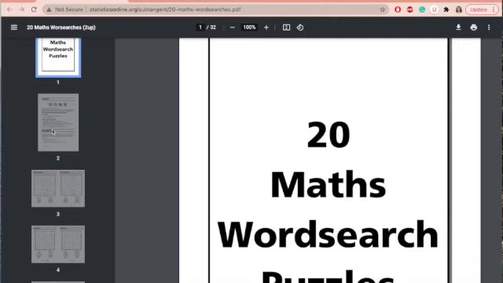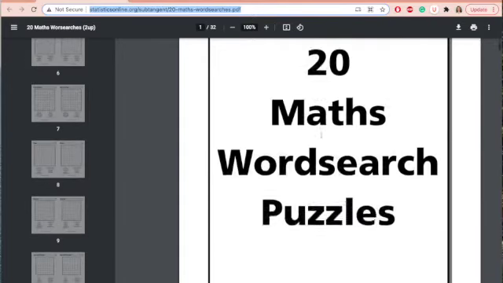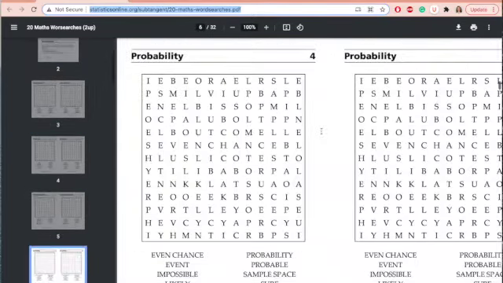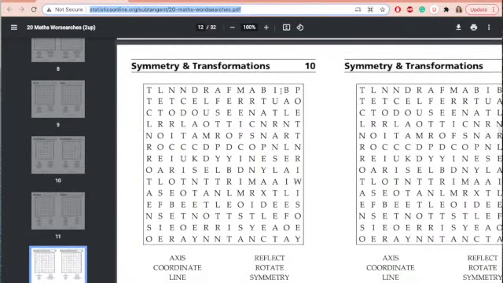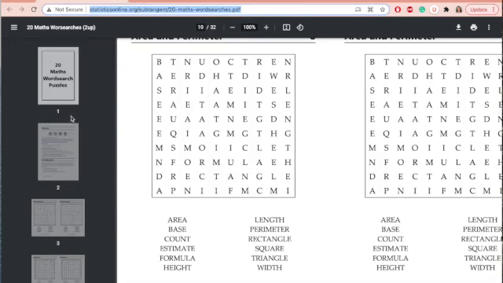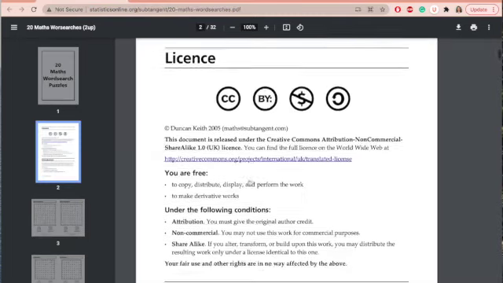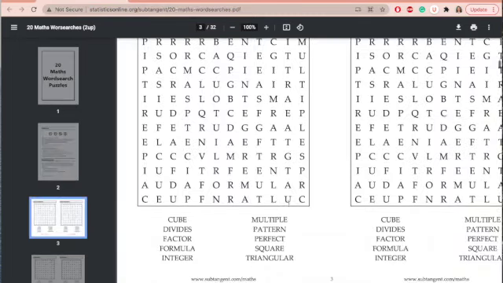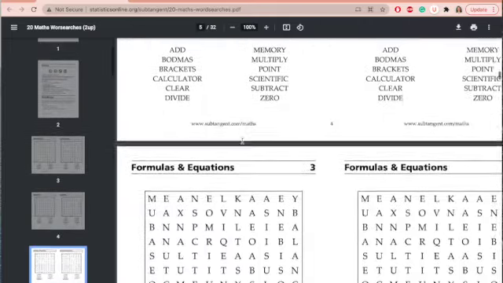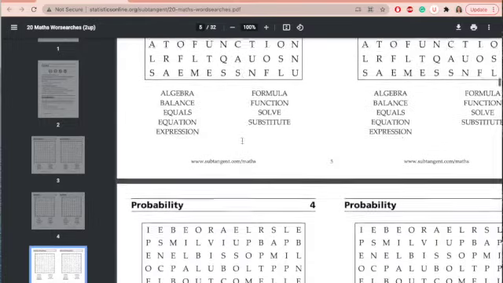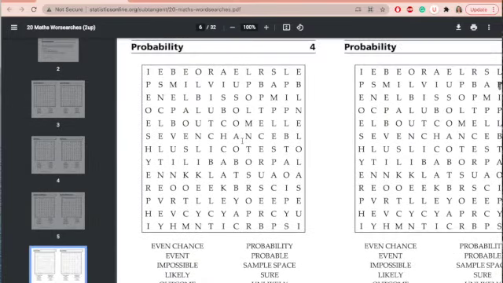So a great activity is, you can see this link here. I'm going to put it in my description so you can use it as well in your lessons. This is a really long PDF, and it has loads of word search puzzles with maths in different topics. It doesn't have a contents page, but even if you can't find the keywords for your lesson, you can just choose the closest one possible,